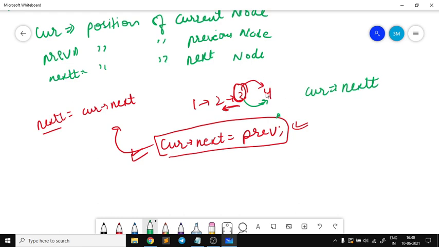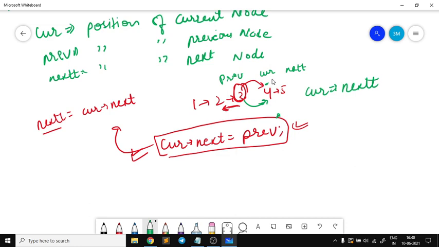Now for this node, the current will be this current node. Suppose it also has another node, that is 5. In a similar fashion, I can point next to 5, right? Now the point is, what will be the fourth's previous one? It will be 3, right? But how do we update the previous? Because in the next iteration, my current will be this one, my previous will be this one, and my next should be this one. So I have to update all three values, previous, current, and next, at each node, right?